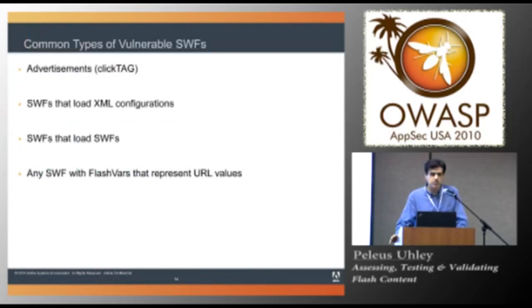If you see an advertisement which has a flash variable called click tag, a lot of times that's a good one to test, because click tag is a URL that the Swift is supposed to navigate to after the person clicks on it. So if someone clicks on the ad, it tells the browser where to take the person for clicking on the ad. Typically, those tend to have cross-site scripting in them. Swifts that load XML configuration files tend to have cross-site scripting opportunities in them. Mike Bailey presented at Black Hat DC